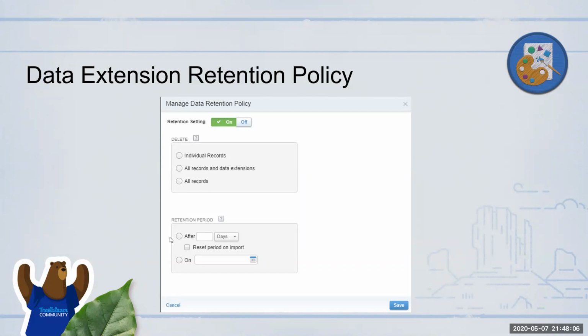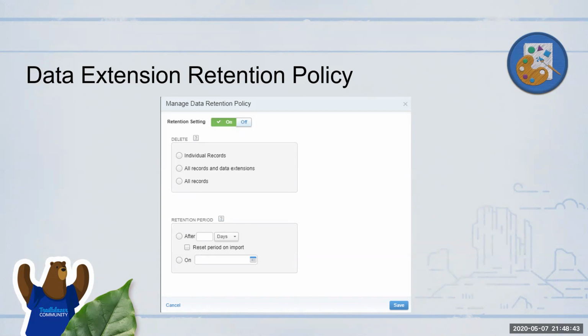So there are different ways depending upon use case that you can configure this, and it's always recommended that you do this so that you don't end up with a lot of data and data extensions in your org. In some cases you might keep it for a longer time, but keep reviewing it periodically. There is also a caveat: if it goes beyond, I think, 100,000 records or so, you cannot change the retention settings. So be careful about that. Upfront, when you create the data extension, make sure you understand what it is used for, and then go and edit it.